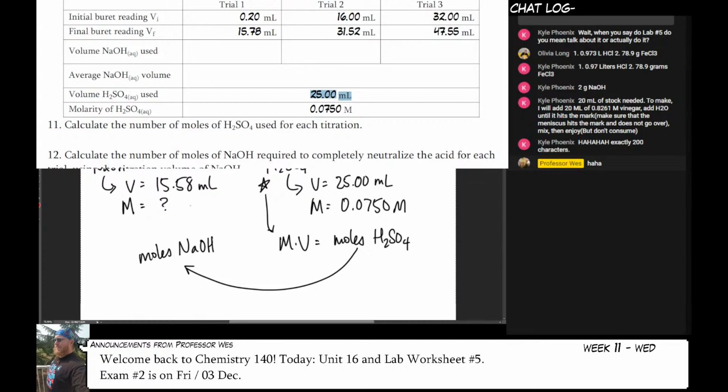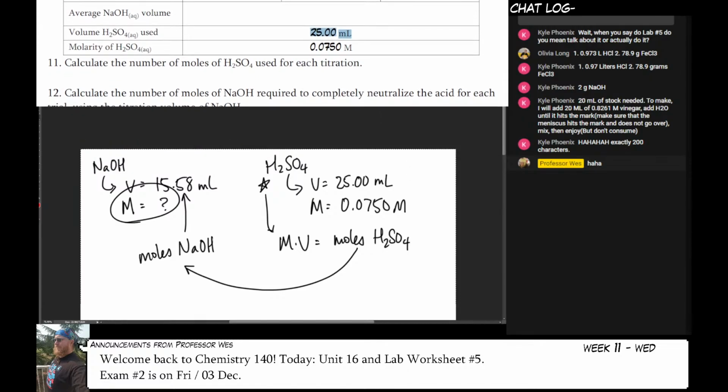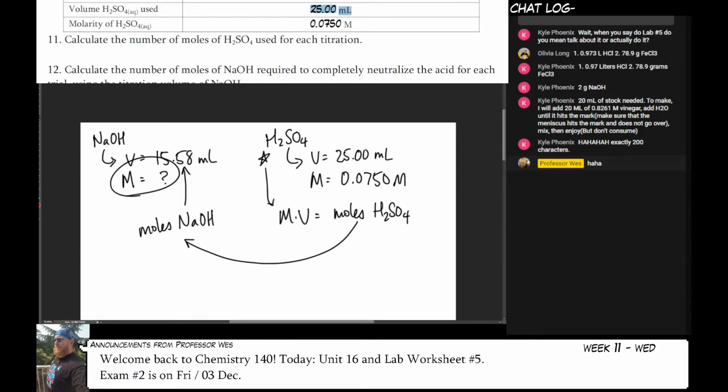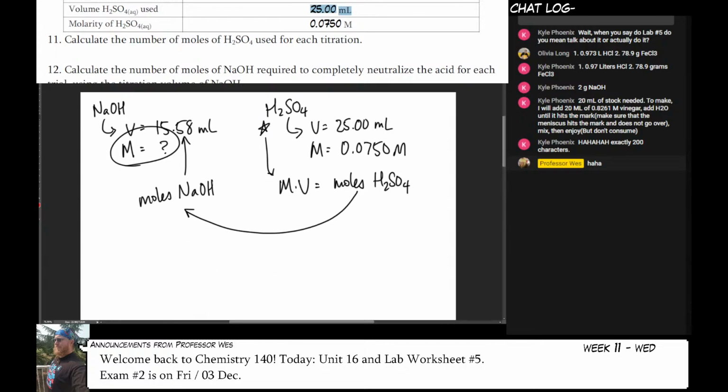And if you know the number of moles and you know the volume, you can then solve for this. So let's do that. All right, I'm going to shove this off the screen a little bit just so that we can have more space. All right. So for trial 1,